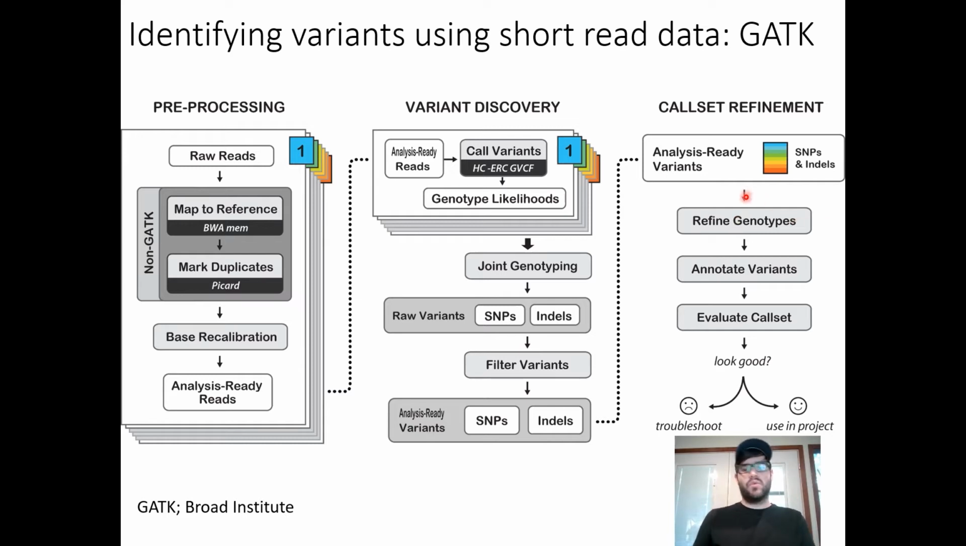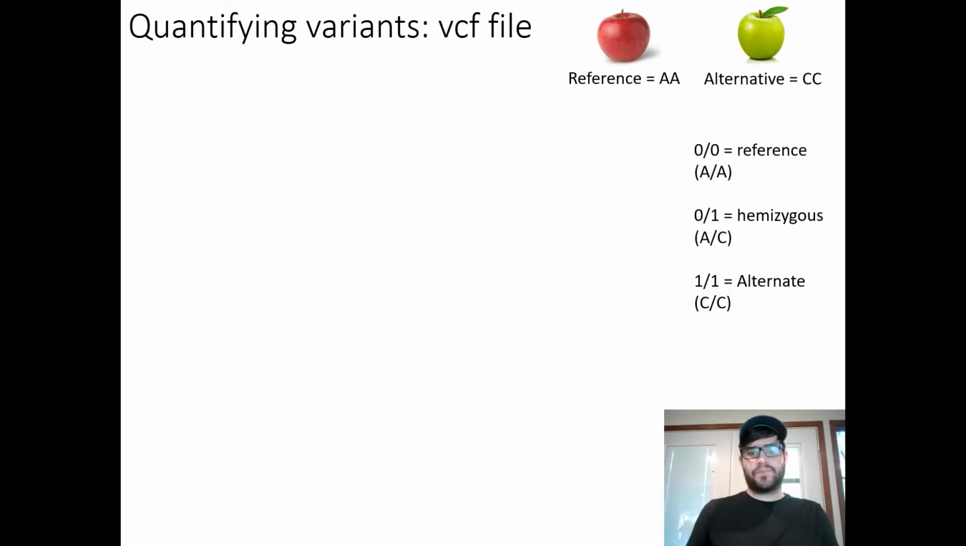So we won't run the pipeline in this course, but if you want to learn more about this, there are tons of resources out there on GATK. And so once we have our final genotype matrix, what does it look like? The most common file that you'll see with variants is this VCF file, or the variant call format. In this example, I'm going to use the apple example again, where our reference,